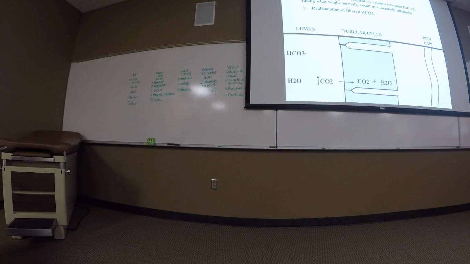So bicarb is filtered, and we have elevated CO2. So carbonic acid is formed as a result of the elevated CO2. The protons being pumped out, that is causing the creation. This is not fully filterable, as it turns out. There's not much in circulation. We have this in circulation, and we have these in circulation. Not much of that. We form this in red blood cells, we form this in these tubular cells. We form this in the stomach. It's how we make the protons for hydrochloric acid in the stomach.